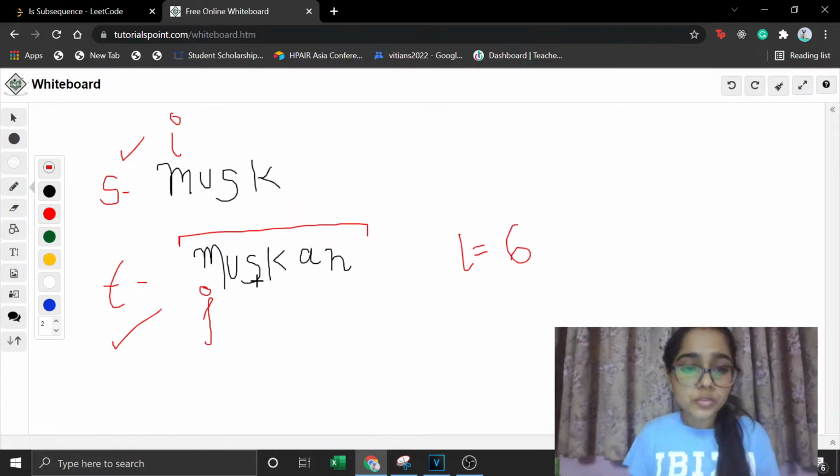First of all, we will check whether the element at J is equal to the element of S at I. That means, are these two elements equal? We see that yes, these two elements are equal, and hence we will increment J as well as I. Now we will check whether the element at this particular index is similar to the element at this particular index. I think it will be clearer if I take an example.